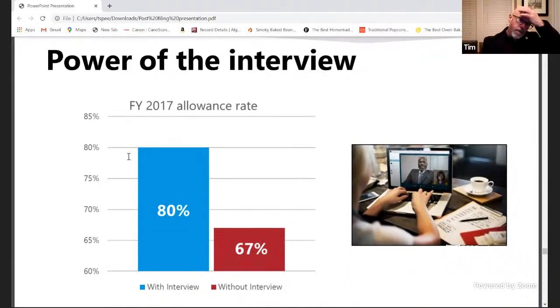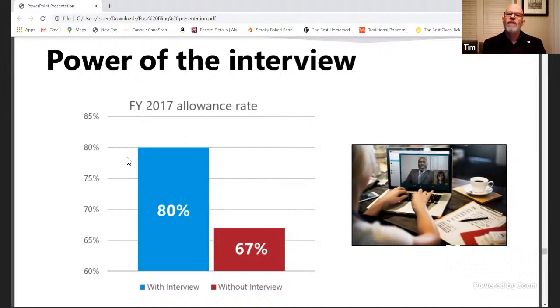A very useful tool, and I would encourage people to do this, is to have interviews if you can. Once you've received a first action, it can be very useful to sit down and talk in person with the examiner. In any area, just writing back and forth is not always the best way to communicate. You have one person setting their position forth in a very rigid manner, and then a response, but there can be no compromise.